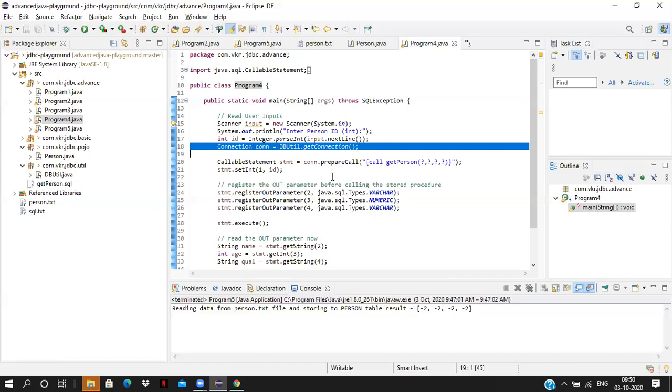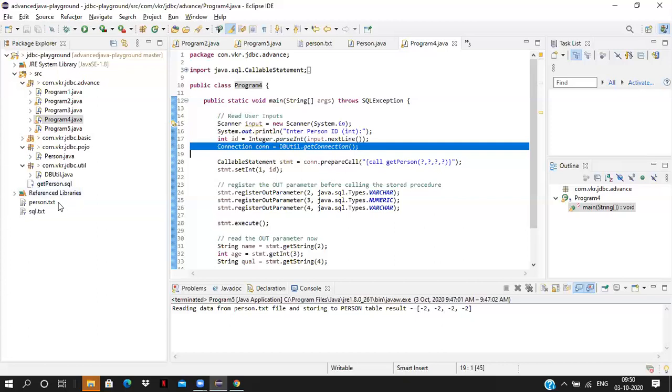We'll get the data. Now we don't want to interact with a single table. We have a requirement of interacting with multiple tables. All the multiple table data we have to combine and get it as a result. So how to achieve that? We can achieve that using the stored procedures.